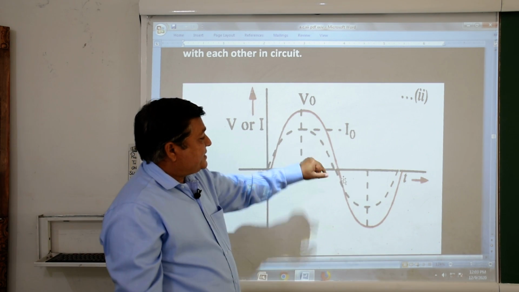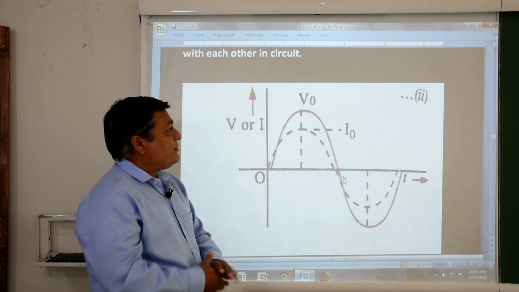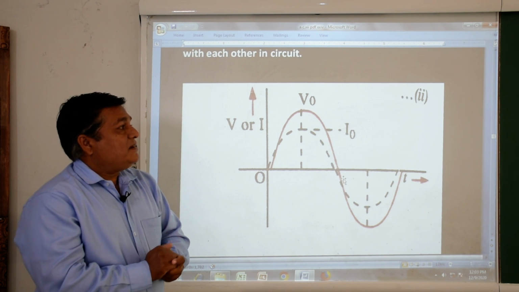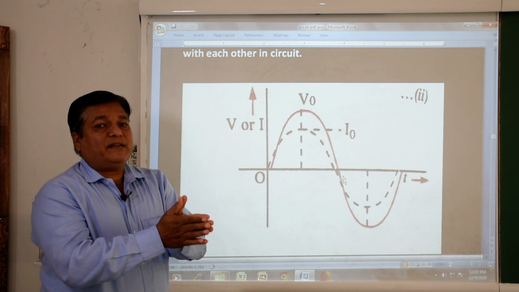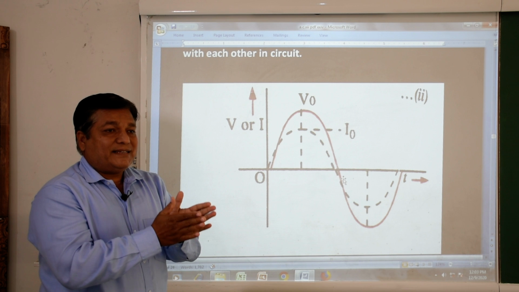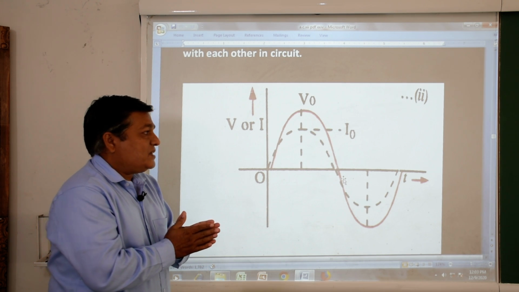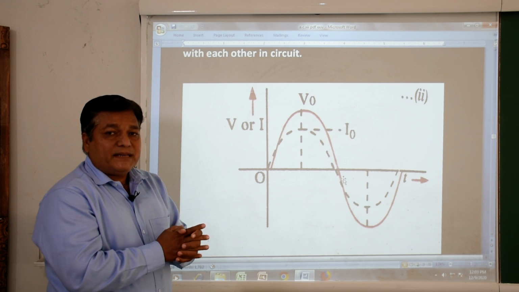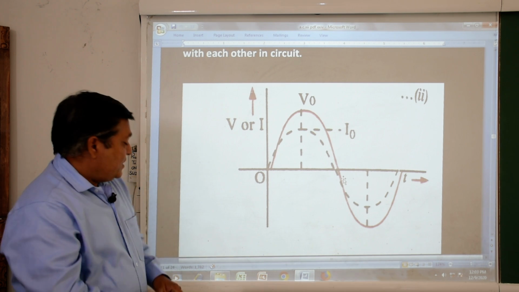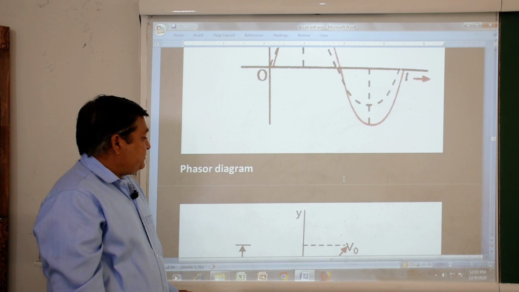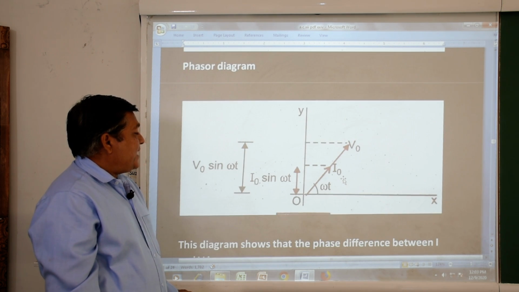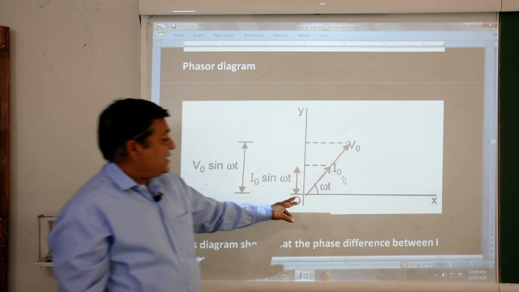This is the complete cycle, and this is the wave diagram when there is no phase difference between voltage and current if a resistor is attached to the AC supply. The direction will be the same, they are on the same base, voltage and current both. We can denote it by a phasor diagram also. You can see that phasor diagram.